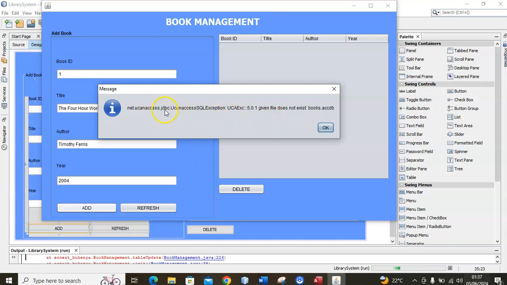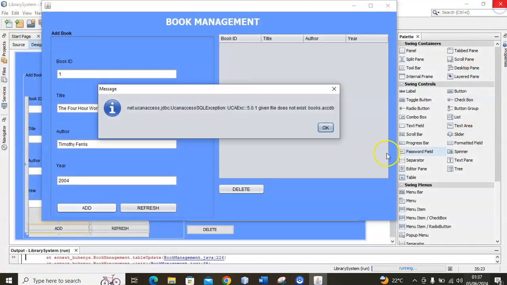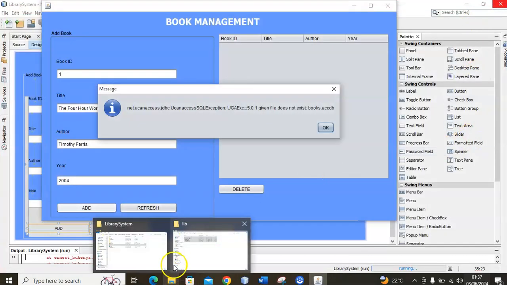So once we add this book here, we're having an error. JDBC access given file doesn't exist. So just check our access database name. Yep. Okay, let me just rename this database to